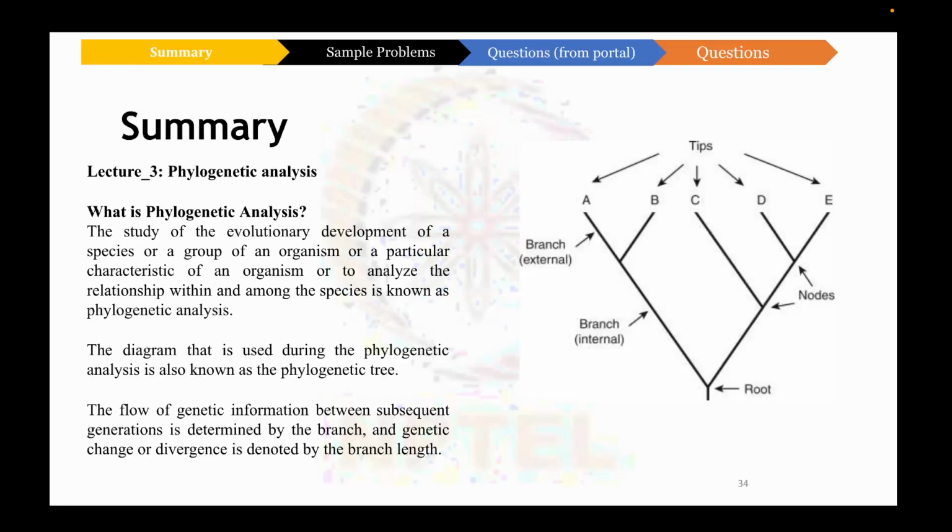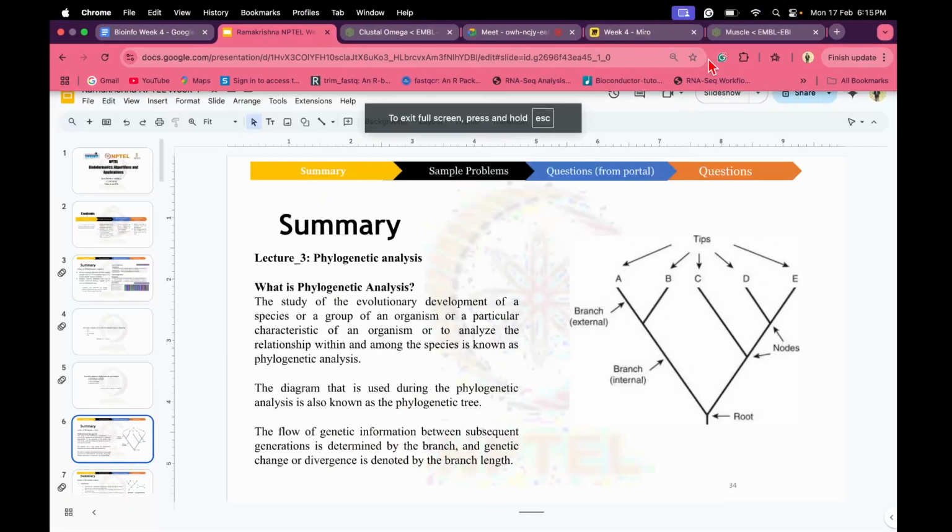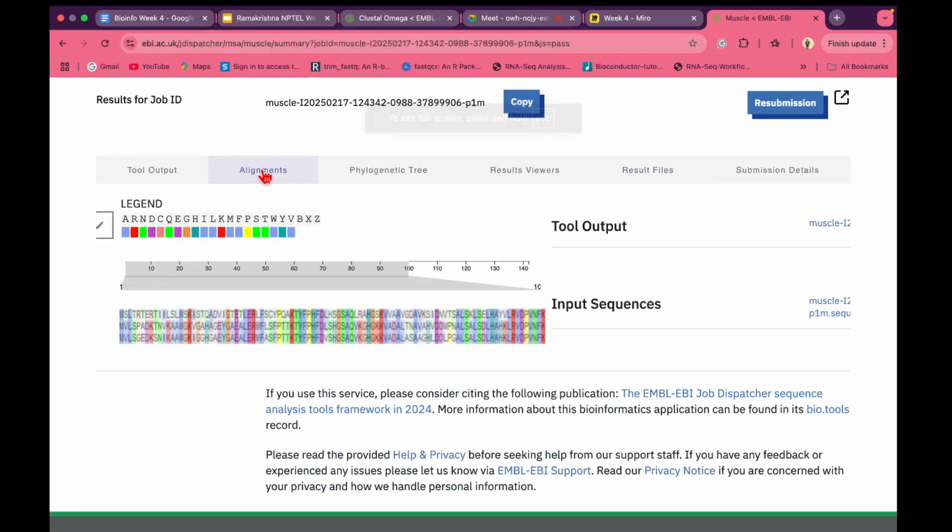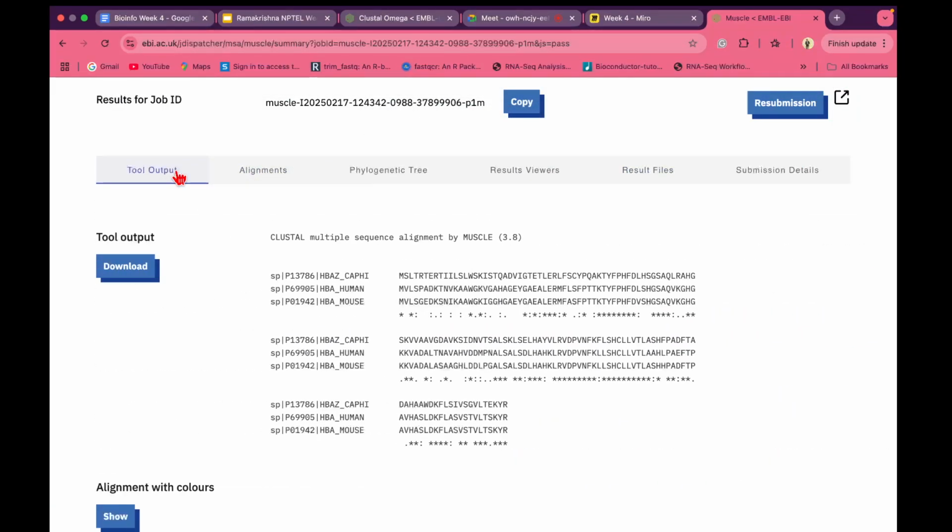ancestry or functional significance. This alignment helps in various biological analyses including protein structure prediction, function prediction, phylogenetic analysis and identification of functional domains. These MSA algorithms typically aim to optimize several criteria including maximizing the sequence similarity, minimizing the number of gaps introduced in the alignment, and considering evolutionary models to infer the most likely alignment given a set